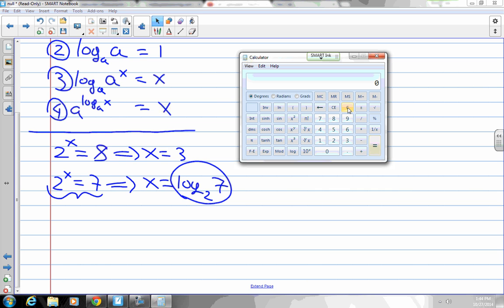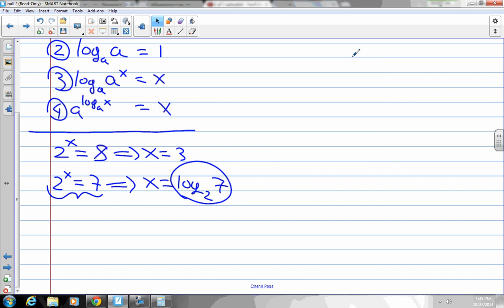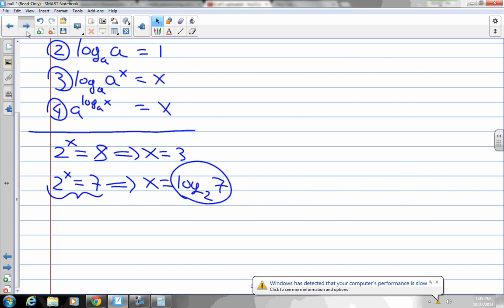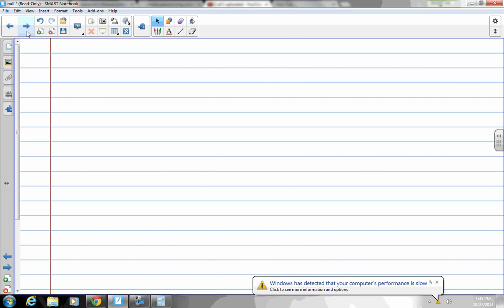So we only have 2 logarithmic buttons on the calculator. Natural log, base e, and the common log, base 10. Nothing for base 2. So I'm still unable to answer this question. But before that, let's write down what we discovered just by looking at our calculator, that we do have two special logarithms. So the common log,